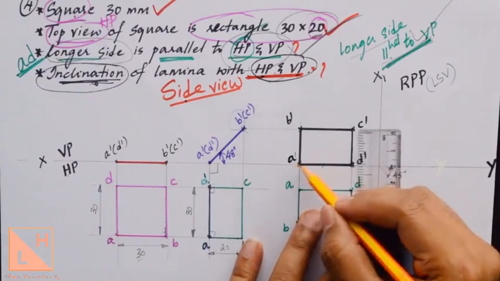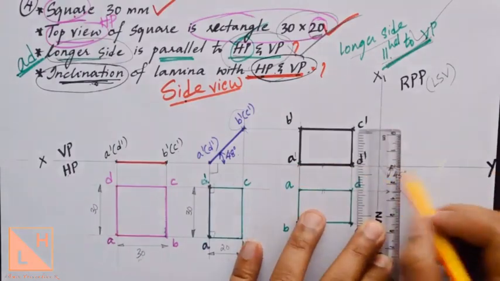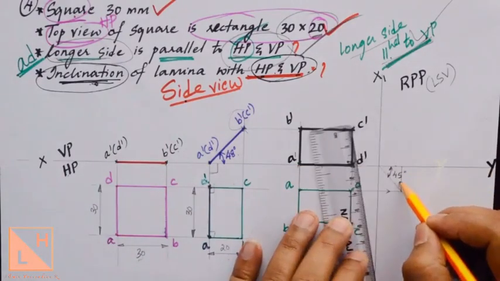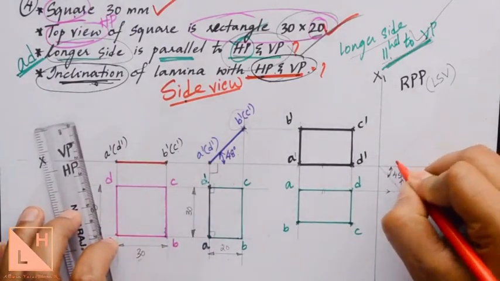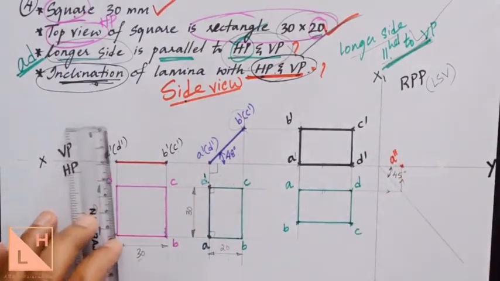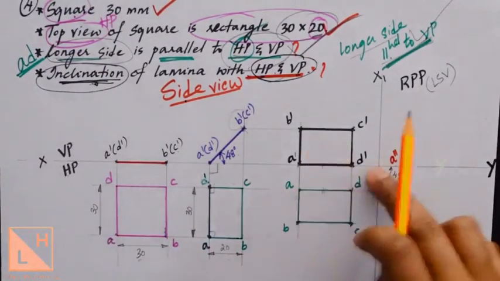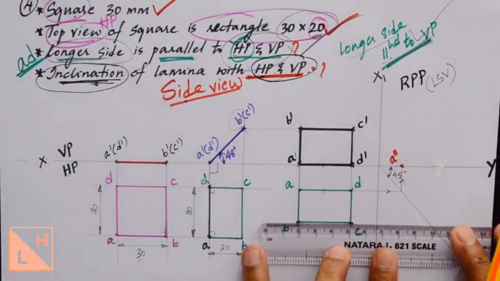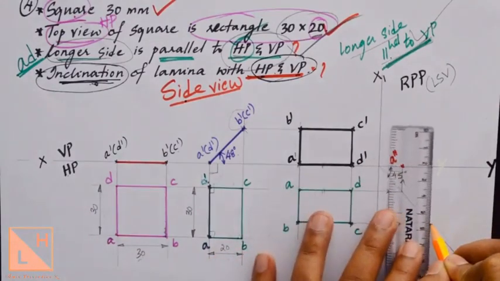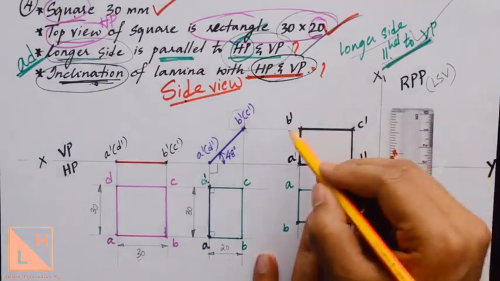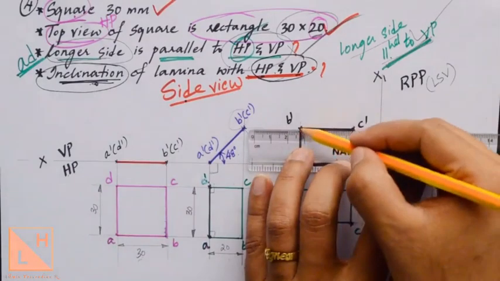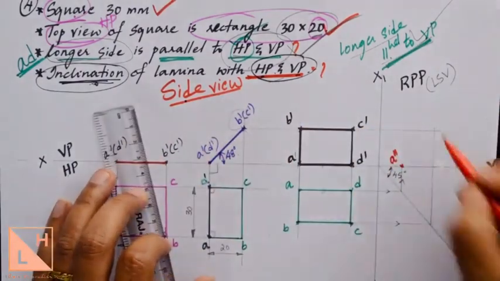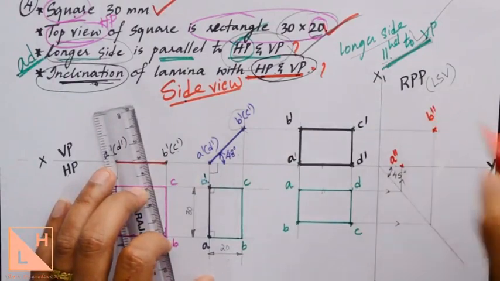Here I have A dash, so imagine a projection line which will be coming exactly on the XY line itself. So draw a vertical line from here. This point will give you the side view of point A, that is A double dash. Repeat it with the remaining points. Forget A, D, C, concentrate only on B. Draw a horizontal projection line from B till it meets the 45-degree line, and then take a vertical line till it reaches the B dash from the vertical plane. You draw a horizontal line from B dash. Where it intersects, that will give you the point B double dash.